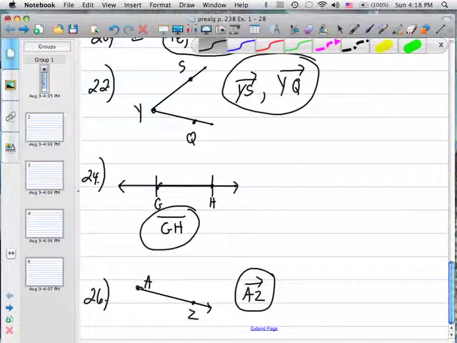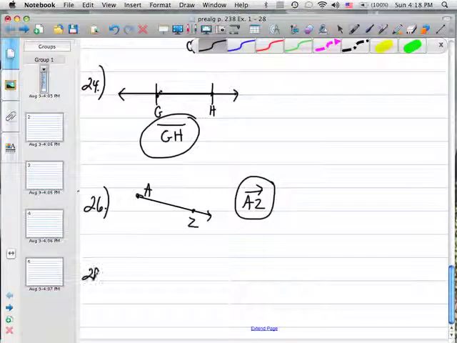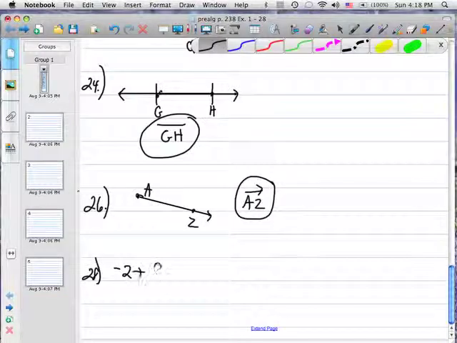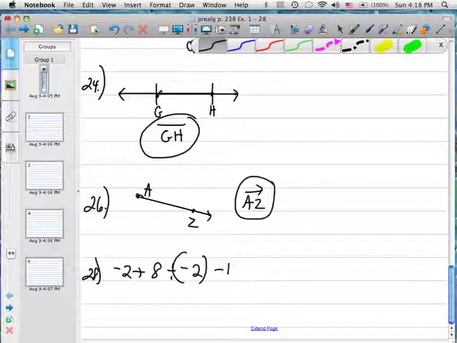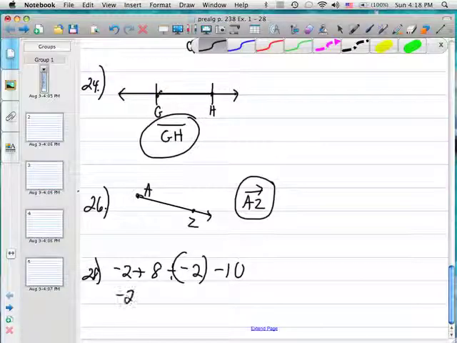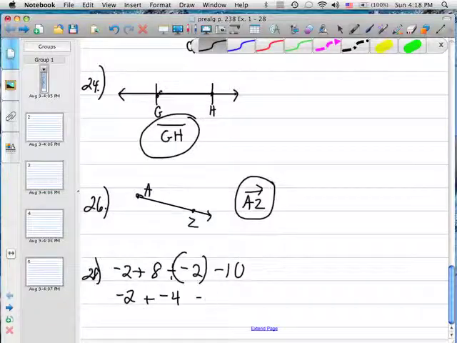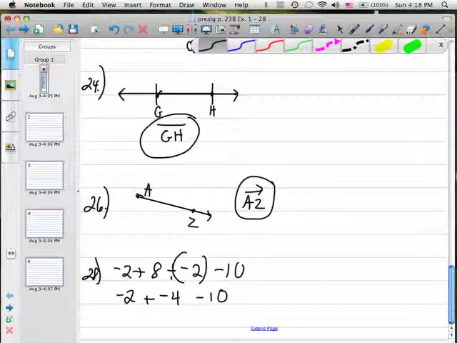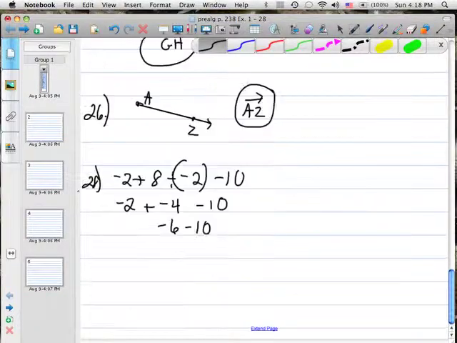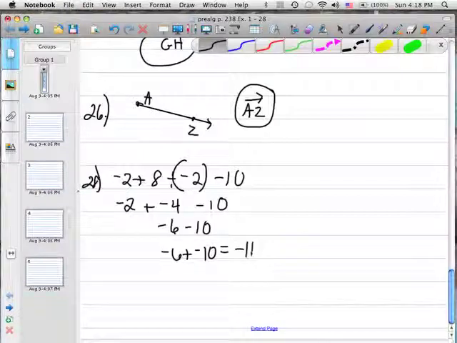And then 28. Find the answer to -2 plus 8 divided by -2 minus 10. Order of operations, we do division first. 8 divided by -2 is -4. And then we move left to right. -2 plus -4 is -6 minus 10. That'd be -6 plus -10 equals -16. Be sure and show your work